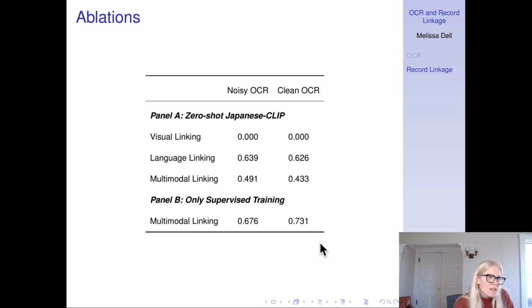These are some ablations. If we just use zero-shot CLIP with just the vision encoder off the shelf, it does horribly because it hasn't seen images of text. It's just a language encoder. It's kind of better, but not great. What panel A really shows is that using CLIP off the shelf is not aligned for this